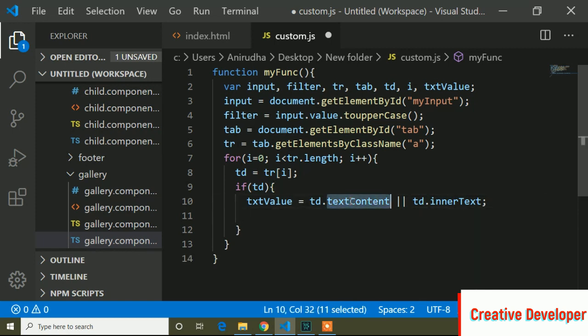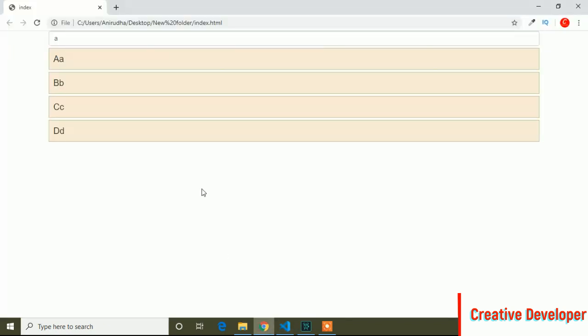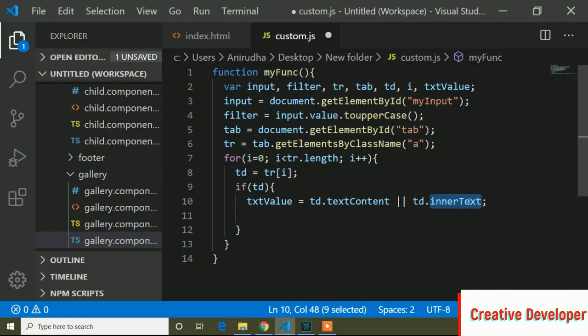And this textContent and innerText return the text. That means when I type any value like b, it will return this b text, and it will hide the other texts a, c, d, and only return the b text. So textContent and innerText help to return the text.